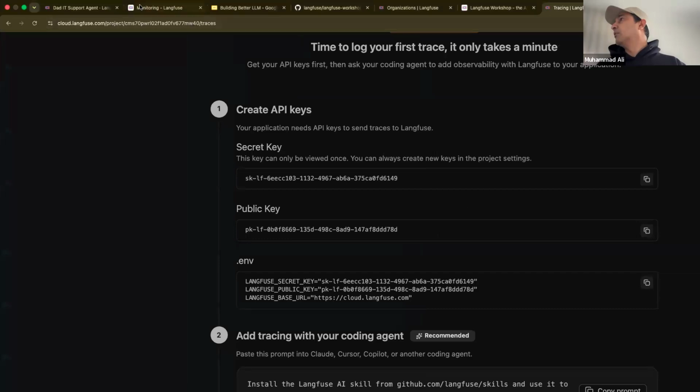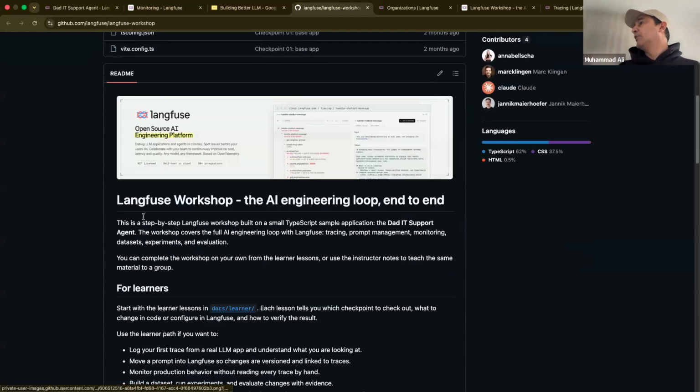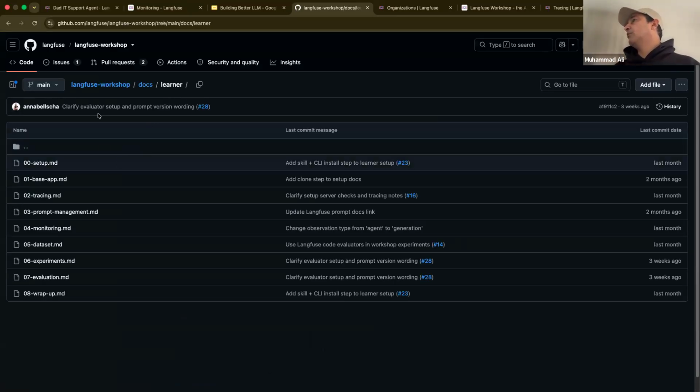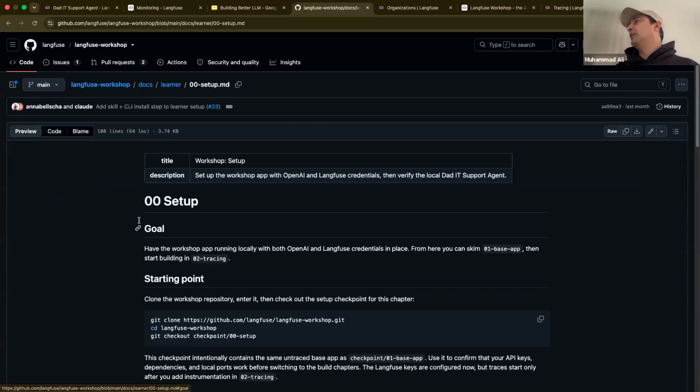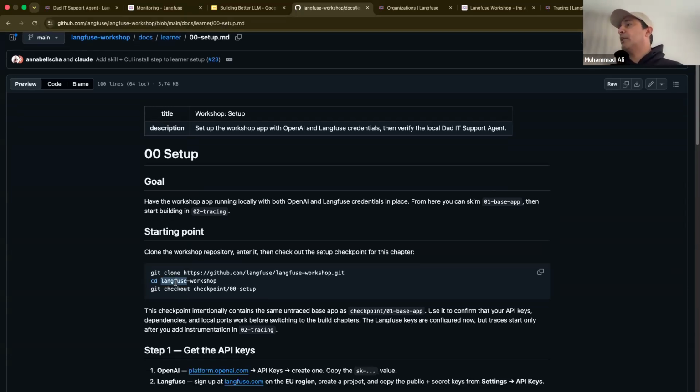Once we have that, we go to learner. Make sure you are following the learner docs, okay? In the project, we have a learner docs folder and setup.md. We need to be here. So I'm going to paste this link. This is the place we start from. Okay, so I've pasted this link in there. It is the same repository link, but it's got the instruction. So we did the cloning already.